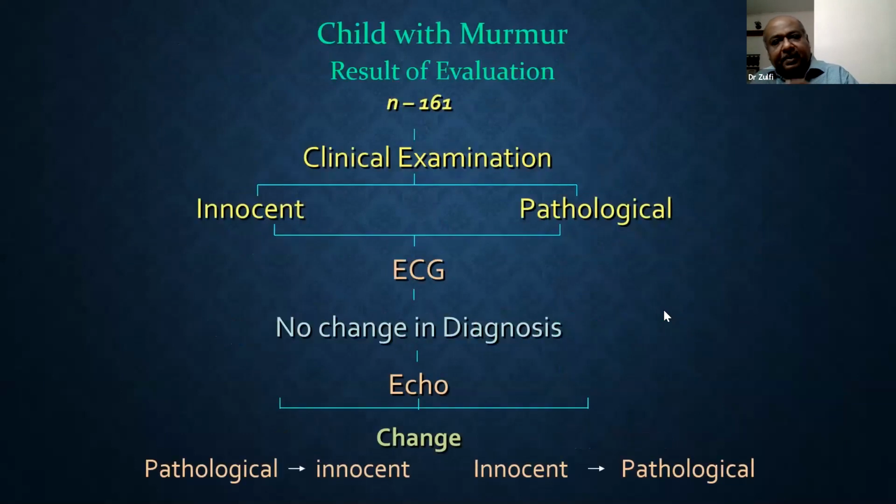Now, this is another very interesting study. I somehow don't have the original reference, but I think it's very important, and I have read it through. They did a study where, on clinical examination, they decided that this particular child has an innocent murmur and this particular child has a pathological murmur, and took an ECG. But there was no change in diagnosis. Later, they did an echo on these patients, and it changed. Some of the so-called pathological murmurs became innocent, and some of the so-called innocent murmurs became pathological. So I think this is probably one major study which I use to support a possible universal echocardiography. And there are many other reasons also.